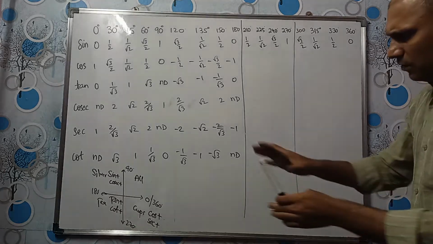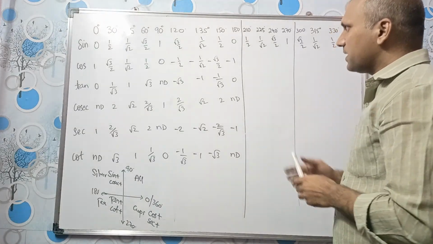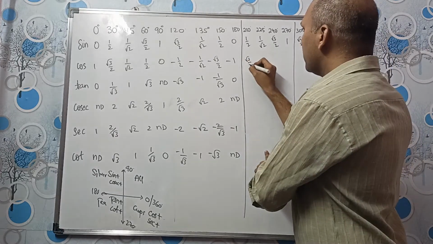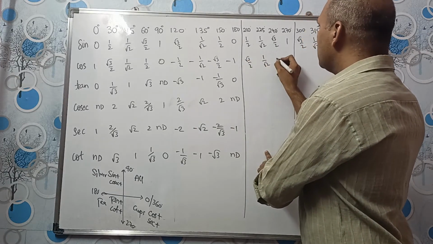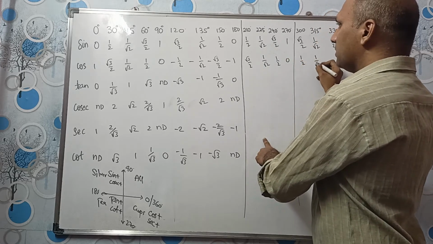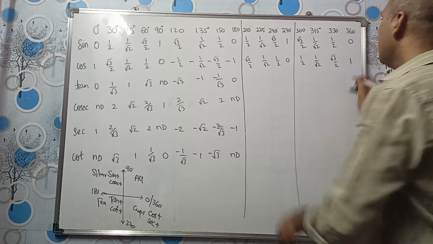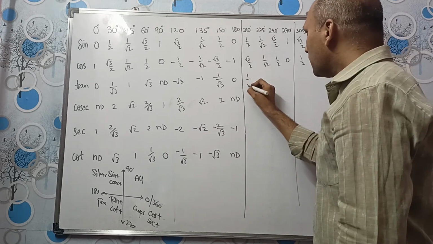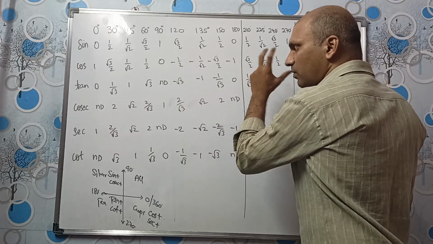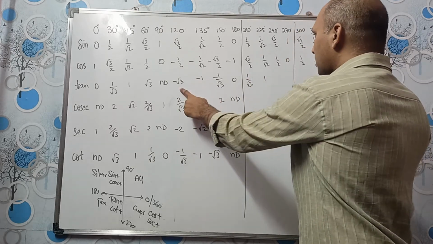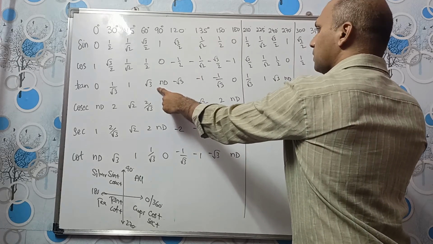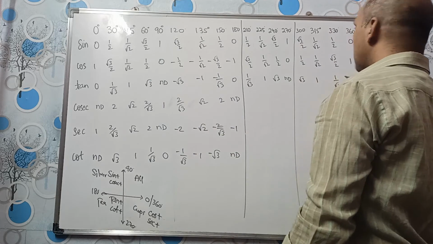Okay, we'll worry about the signs afterwards. First let us write the values. Now if you place the mirror here, it will be root 3 by 2, 1 by root 2, 1 by 2 and 0, and 1 by 2, 1 by root 2, root 3 by 2 and 1. Okay, here 1 by root 3, don't write minus 1 by root 3, minus 1. We'll worry about the signs later, right? This is root 3 and this is not defined, and this is root 3 and this is 1. This is 1 by root 3 and we have 0.